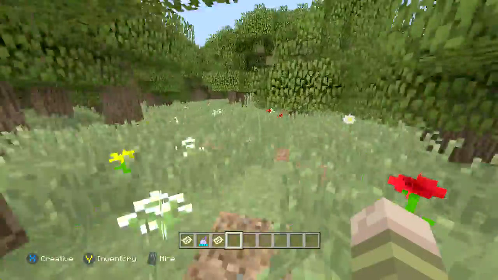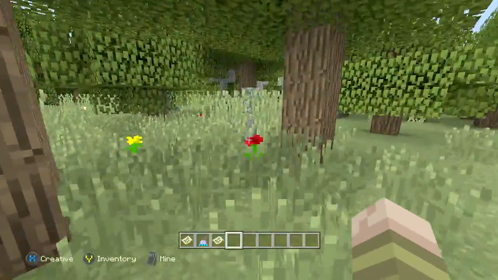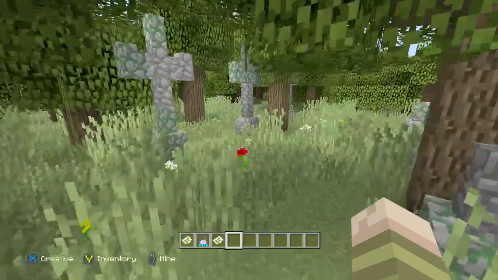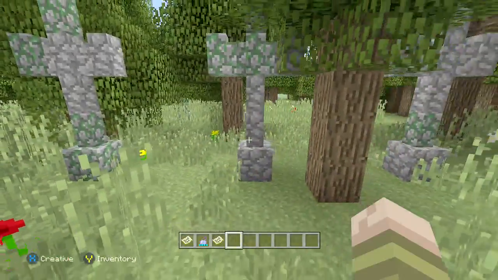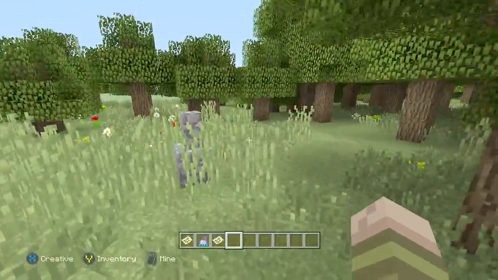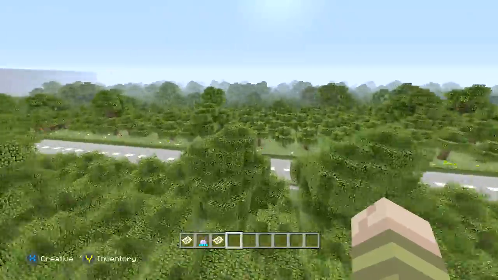If you take this path right here, it leads to a, where is it? Right here. Leads to a cemetery. Which, there was a village right here, and I think that's kind of funny because I killed all the villagers so they wouldn't be roaming around. We got some graves and stuff, so that's pretty cool. Kind of that haunted vibe. So we take this road